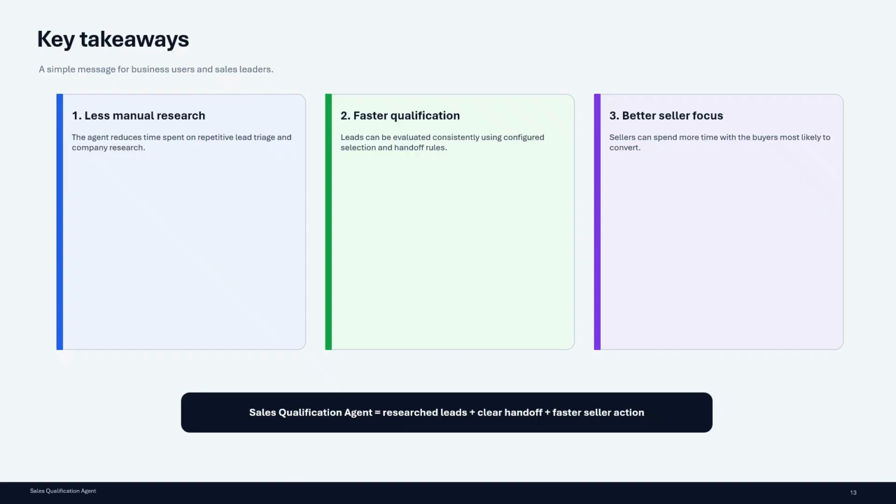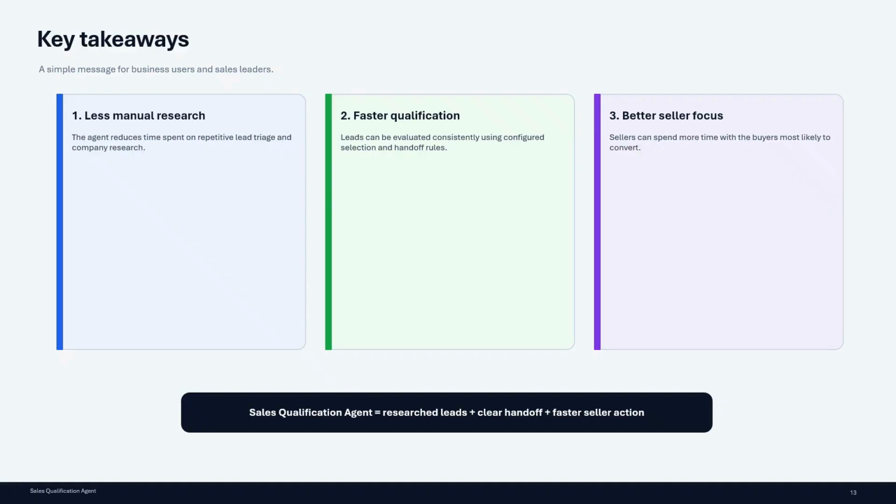Yeah, the key takeaways are, I would say, simple. First, the agent reduces manual research, so sellers spend less time on repetitive leads. Second, it supports faster qualification by applying consistent rules to leads. And third, it improves seller focus because sellers can now spend more time with the leads that are more likely